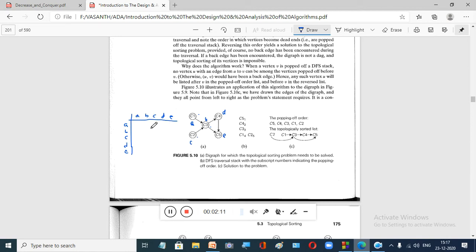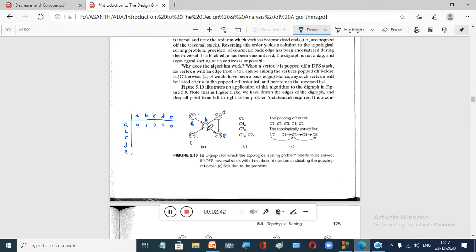So we are going to construct the adjacency matrix. We'll start with vertex A. From A there is only one edge, which is going to vertex B. So from A to vertex B you have an edge, so we write it as 1. For all the other vertices there are no edges from A, so we will mark them as 0. This is very simple, you already know how to write the adjacency matrix.